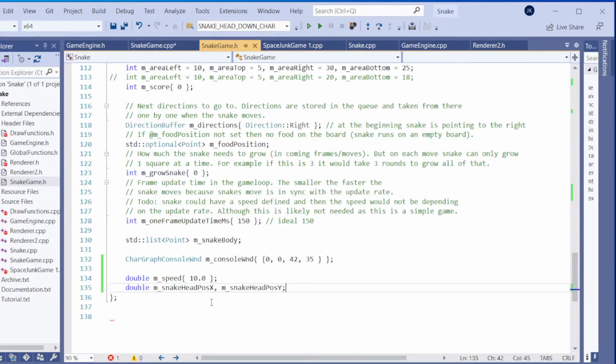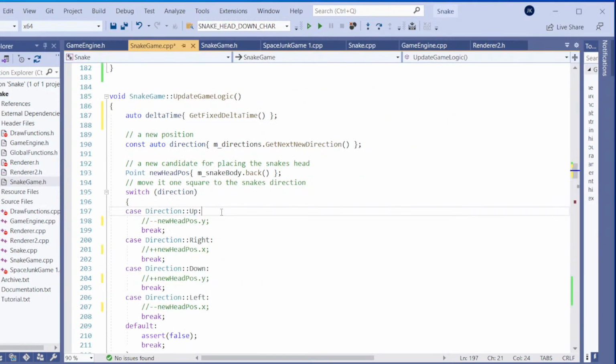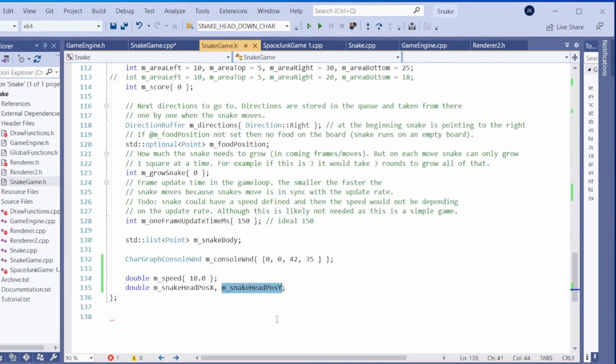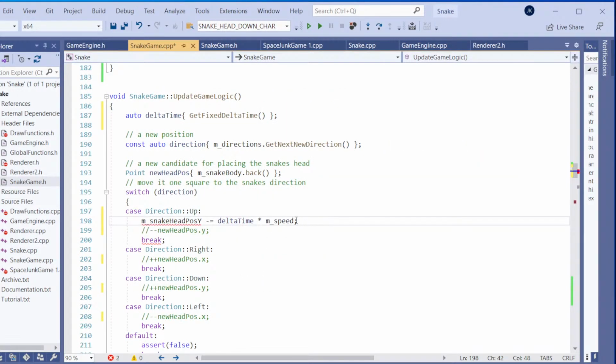So I'm going to take the y value, and the new y value will be minus equal, and then we need to say the delta time multiplied by the speed. So we're going up a delta time amount with this speed, delta time multiplied by speed. Okay, and one more thing I need to change here is